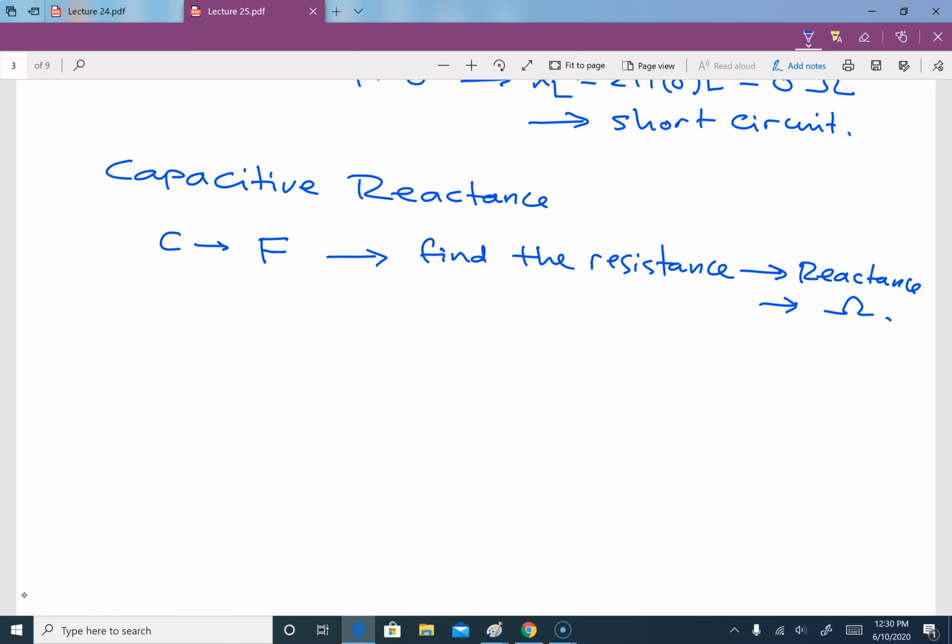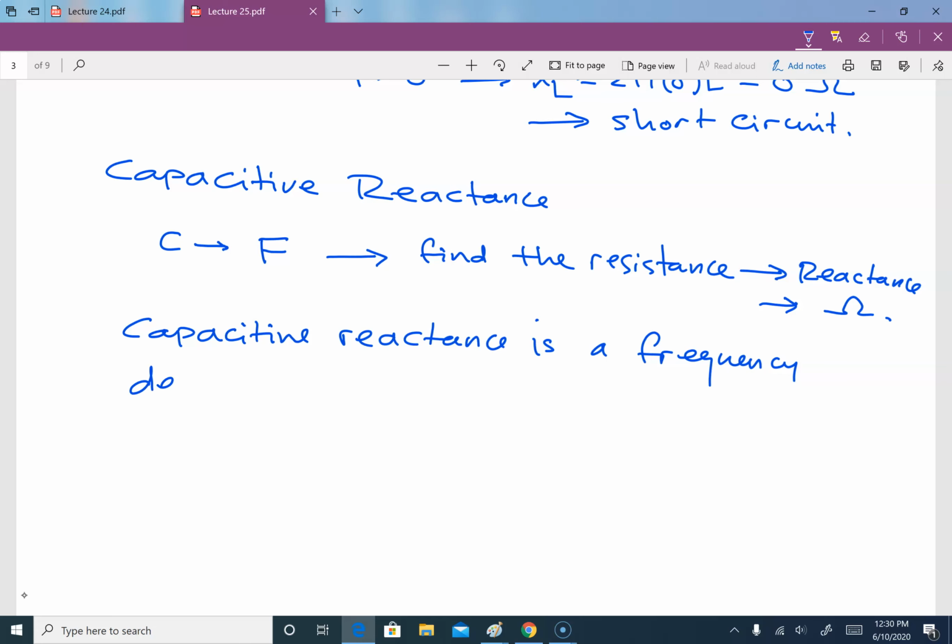So we can say that capacitive reactance is a frequency dependent element measured in ohm